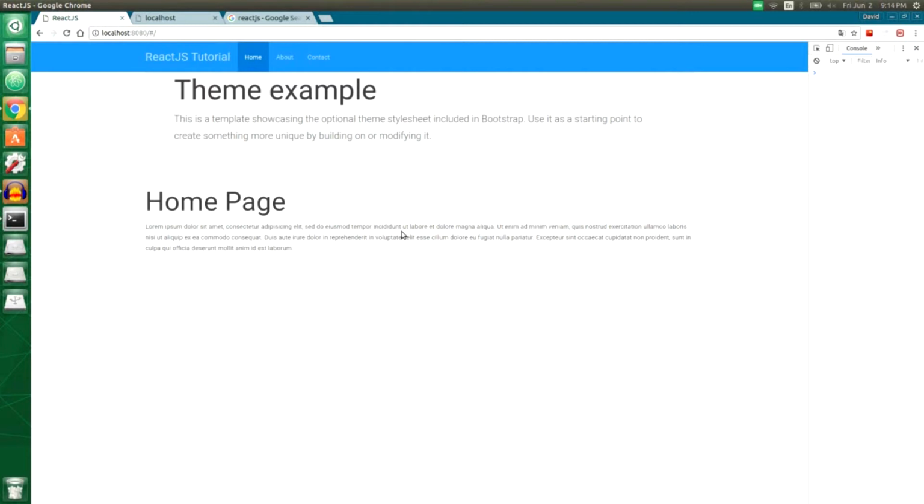So this video is going to focus on creating a ReactJS application using Webpack, which is a module bundler. And so it's going to be a really simple app, just to show you the basics of how to set